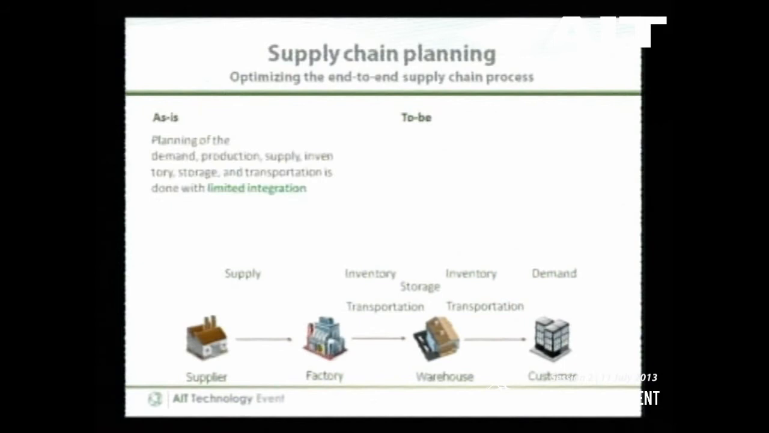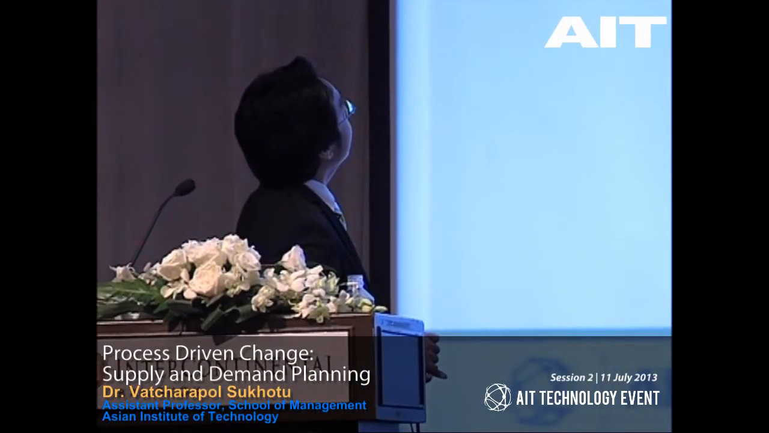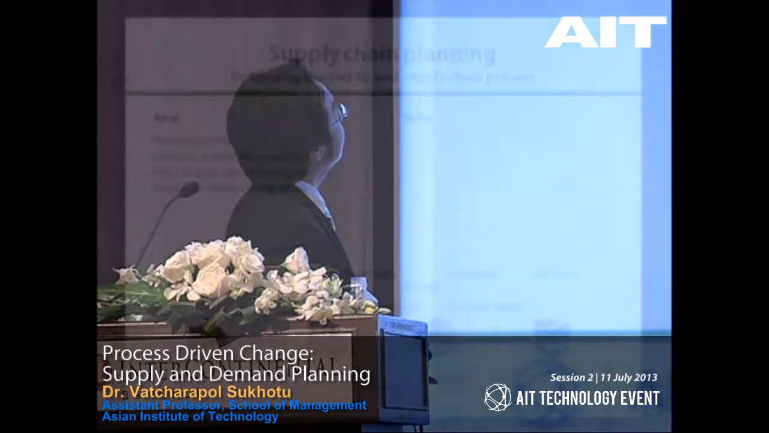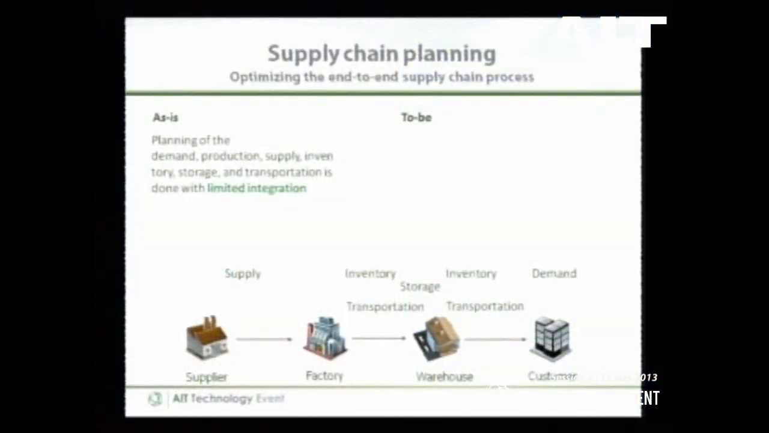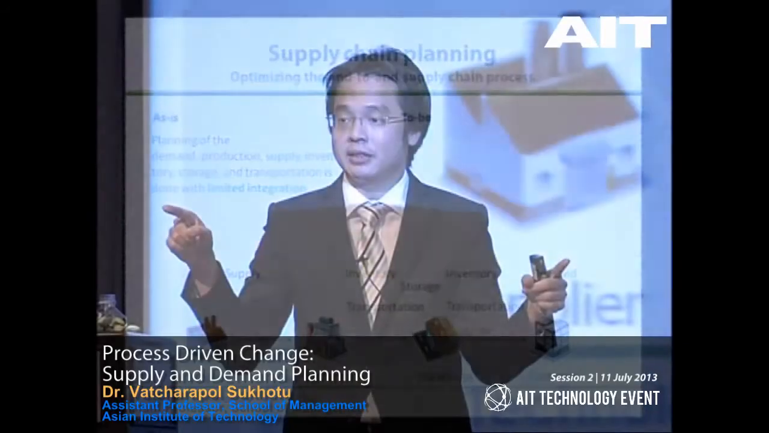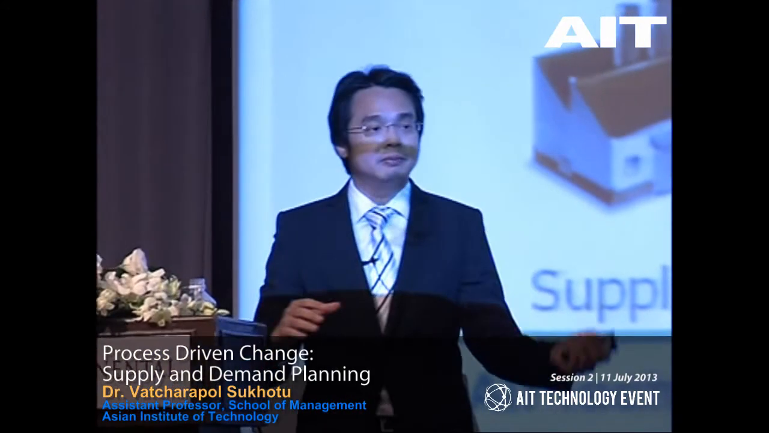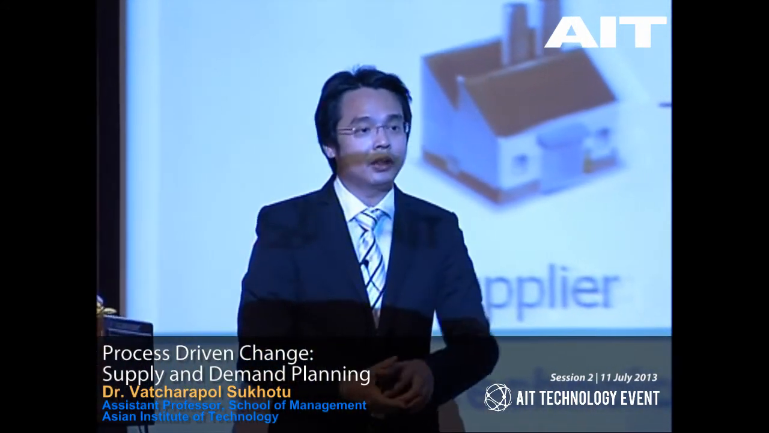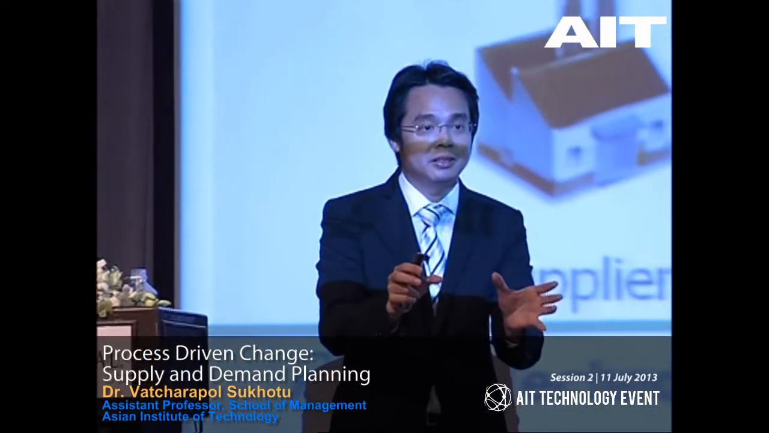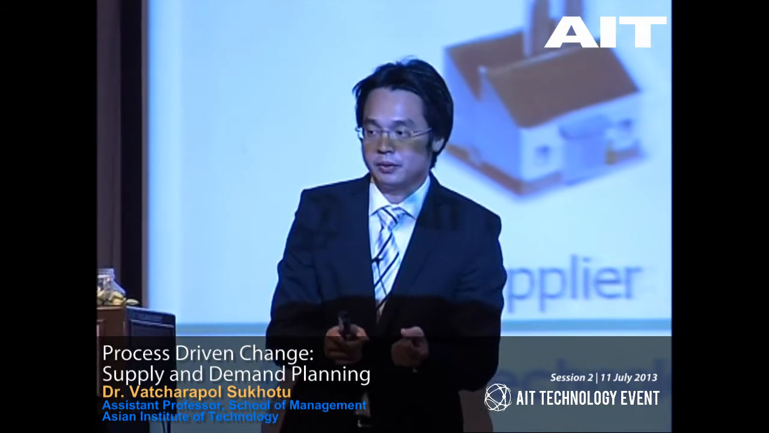Other parts, as-is: planning of the demand, production, supply, inventory, storage, and transportation is done with very limited integration. So the key idea of supply chain management is to look at the end-to-end process. Make sure that you look at the big picture, and then you optimize it to make sure that you have the lowest cost across the supply chain. So you cannot look only piece by piece. You cannot look at just the demand. You cannot look at just the production. You cannot look at just the transportation or storage and try to minimize the cost of each. We need to look at the big picture. Okay? And so,